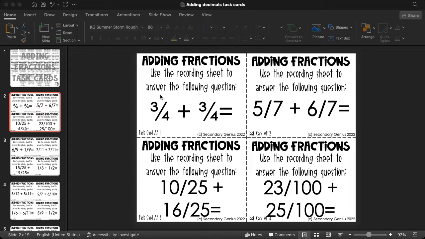You a quick way on how you can use some of my task cards, or task cards that you may have bought from other sellers, and turn them into digital task cards using a software like Google Slides, for example. So here we have some fraction addition task cards, and let's say, for example, we want to set this over